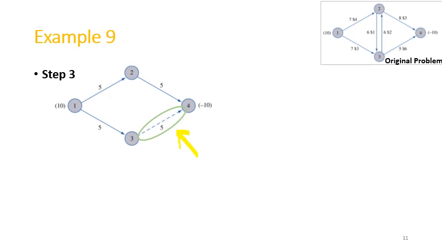Now it means that because it is currently at the upper bound, we want to reduce the flow that is going from 3 to 4. Currently it uses the maximum capacity from node 3 to node 4. We're going to change it by reducing some of the flow that is going from 3 to 4. In step 3, we start by